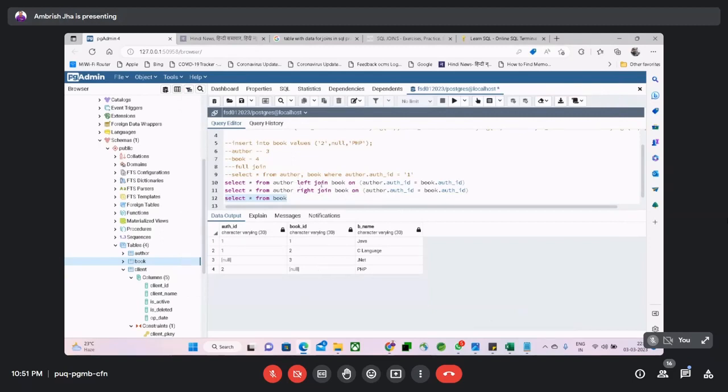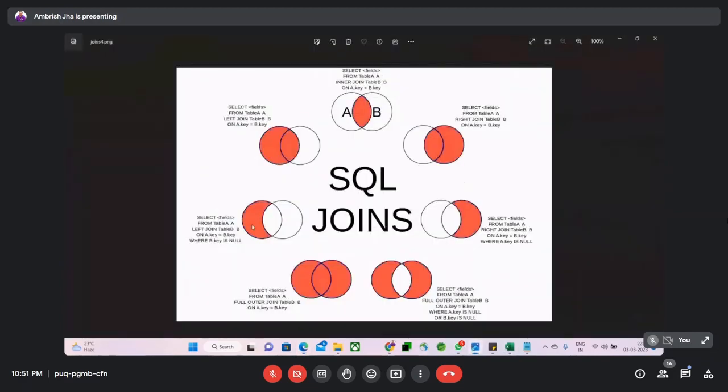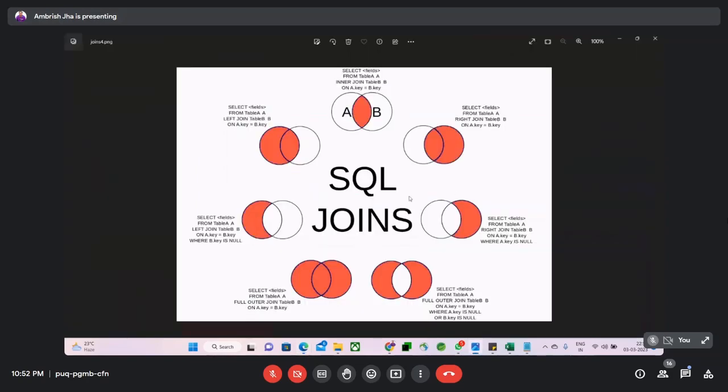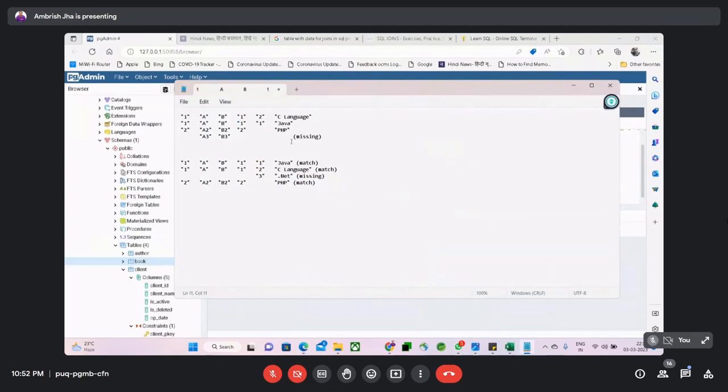Similarly, there is a left outer join, right outer join. अभी हमने कितना देख लिया, एक सेकंड। हाँ, WHERE B.key IS NULL, ये भी करना है। A.key = B.key AND B.key IS NULL AND A.key IS NULL. लेफ्ट ज्वाइन में ही है। WHERE auth_id IS NULL. सिंपली ऑथ आईडी अगर हम नल करते हैं तो हमारे आउटपुट से कौन कौन से रिकॉर्ड हट जाएंगे? एक ये लास्ट रिकॉर्ड जो मिसिंग वाला था ना, ये हट जाएगा।